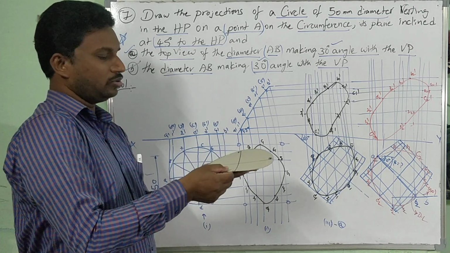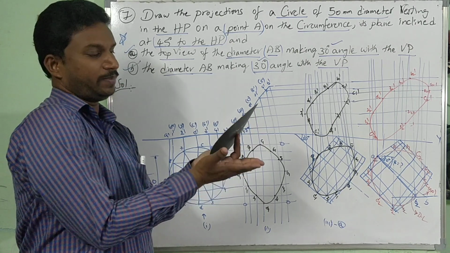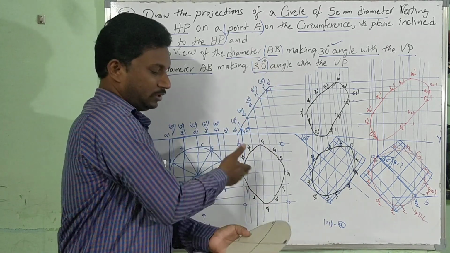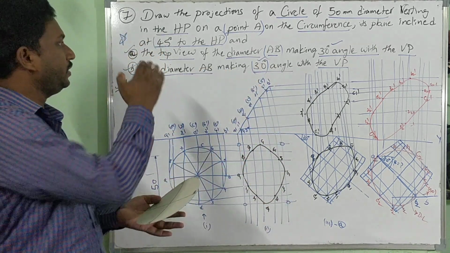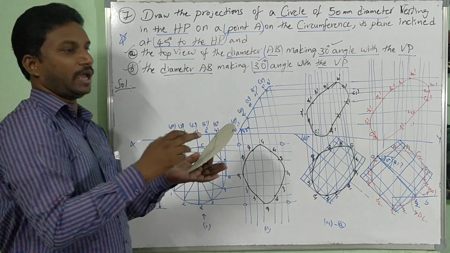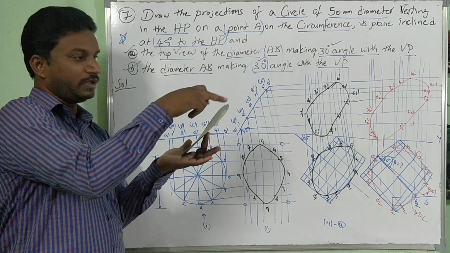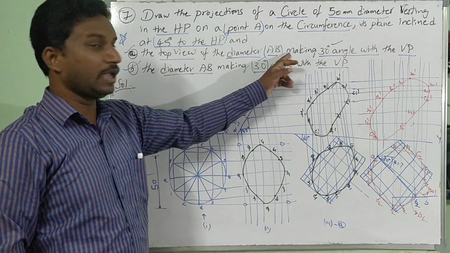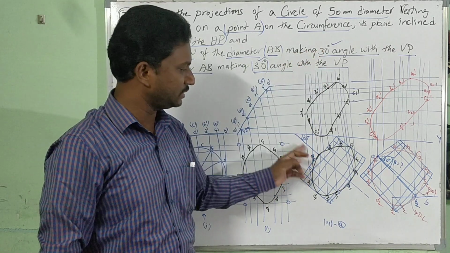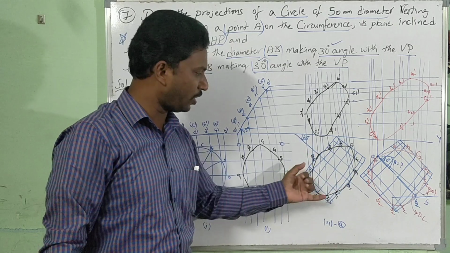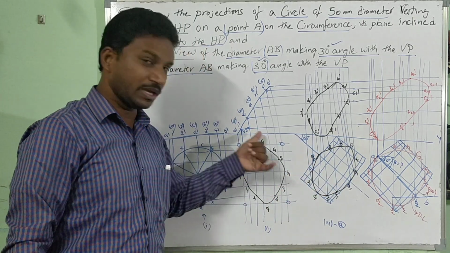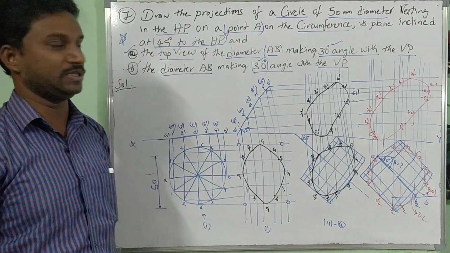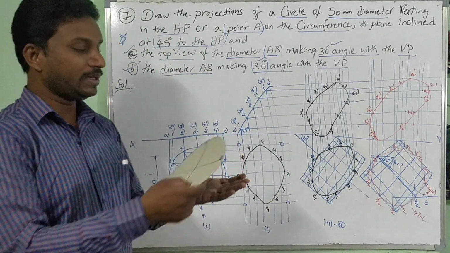Now next stage 2, plane inclined at 45 degrees. When plane is inclined at 45 degrees, diameter front view 45 degrees. Top view will be elliptical shape. Now coming to this question, the top view of the diameter AB in the second stage, when it becomes A1 B1, is making 30 degrees. Draw a 30 degrees line. On that plot A1 B1 with the help of box method. Construct here the ellipse, project its front view. That's the first answer.